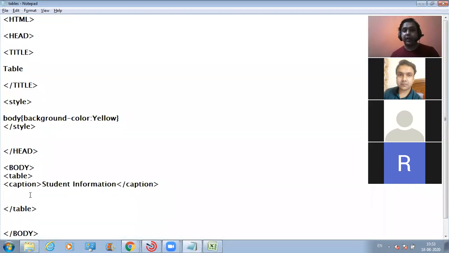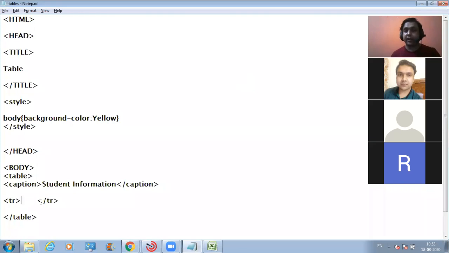So how can we create a row? For creating a row, you can use this TR tag. It stands for table row. So this is the first row. This is how I can create a row for a table by using this TR tag.